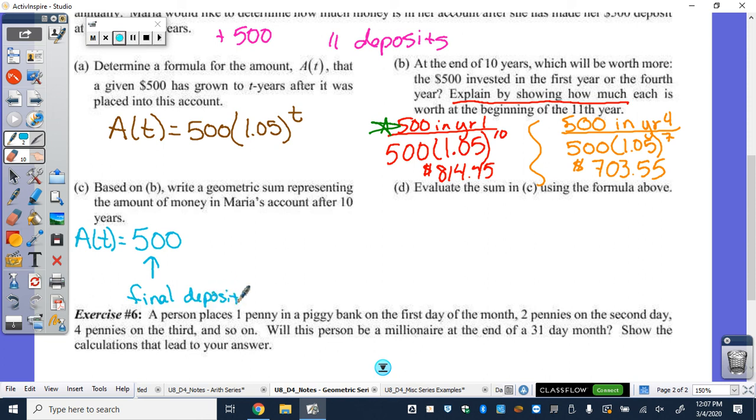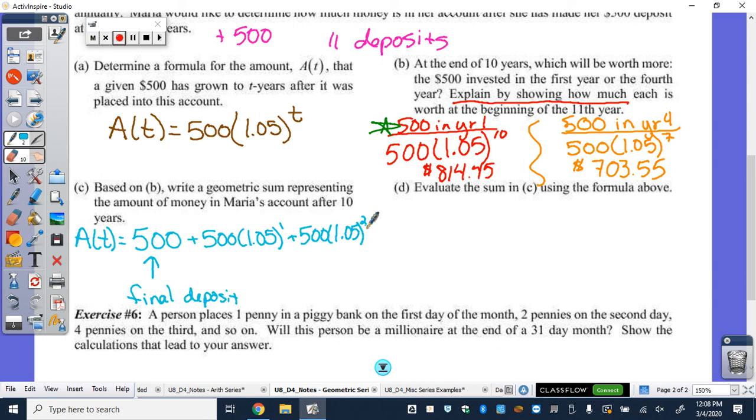Because remember, at the very end of year 10, she makes one more $500 deposit. So that's that final one. At the beginning of year 10, she makes a deposit that earns the 5% interest once. The deposit she puts in at the beginning of year 9 earns interest how many times? Twice,